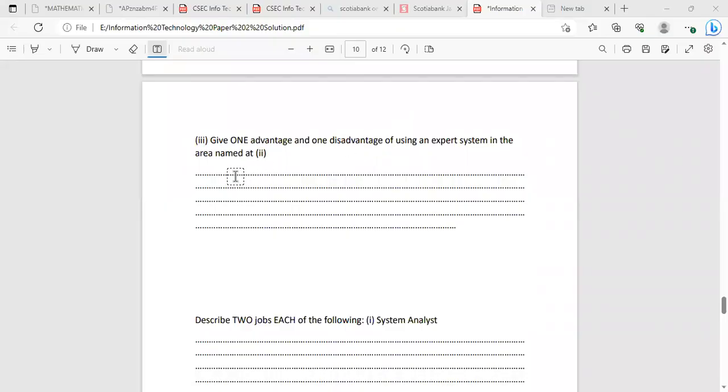Let's go. All right, they say give one advantage and one disadvantage of using an expert system in the area named above. So we named three, so we're going to give for three also. One thing about machines, they do not display judgment. They can't do that. That's a human quality. That would be a disadvantage. Advantage, right? So